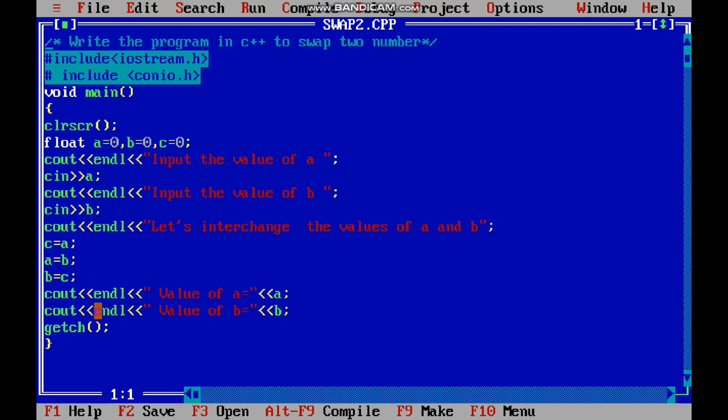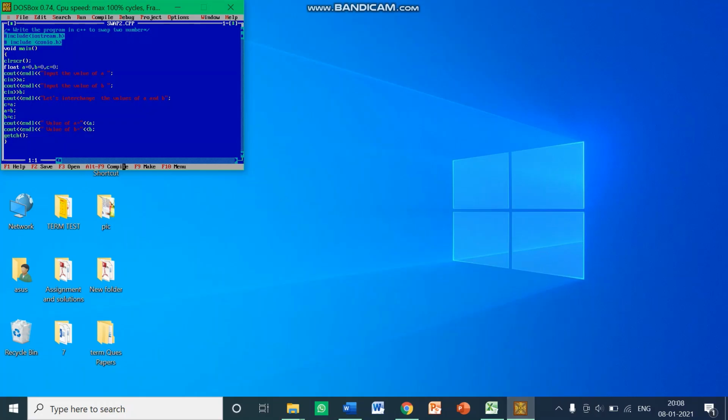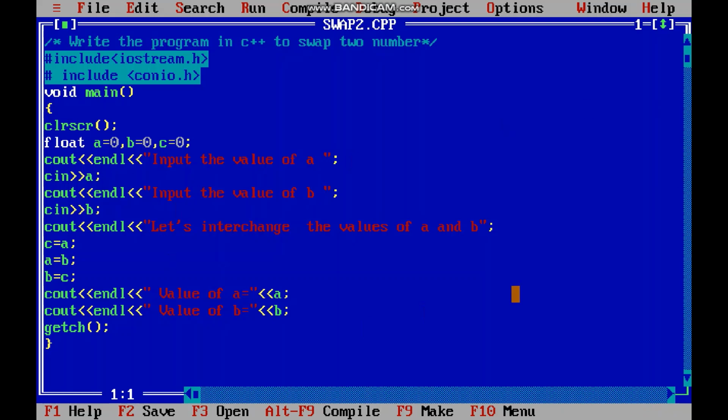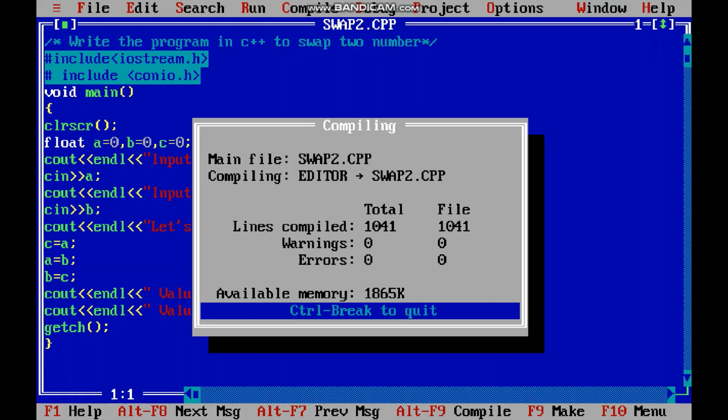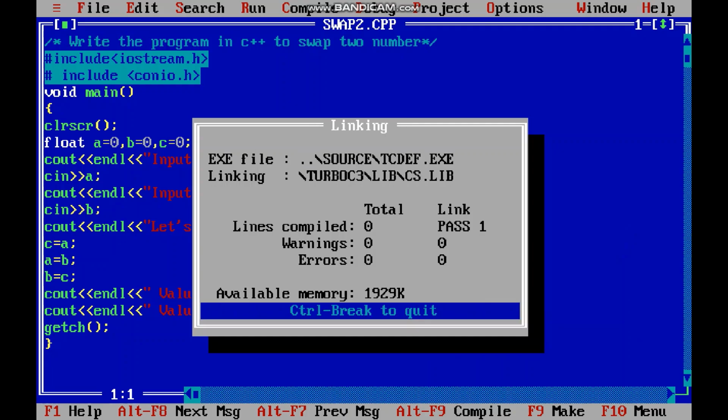Okay, so this way now I'll run this program. First I will compile this program. Let me compile this program first. So Alt plus F9, then there is no error in this program. And now Control plus F9 to run the program.